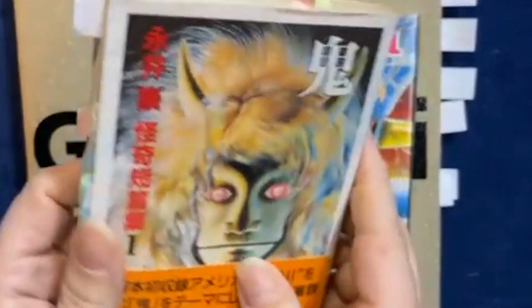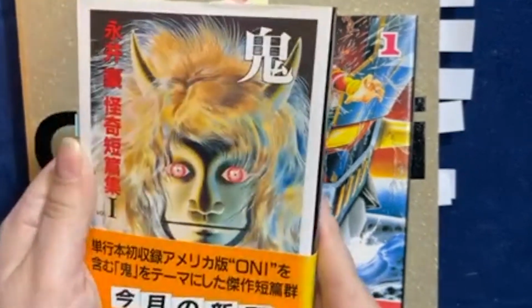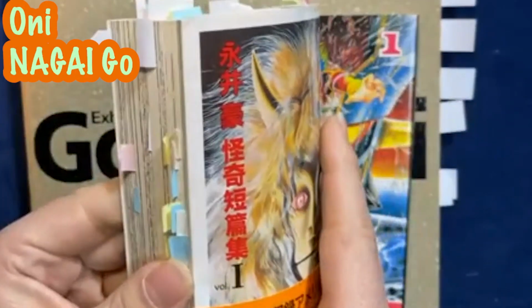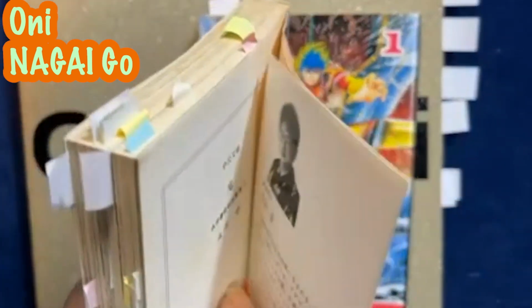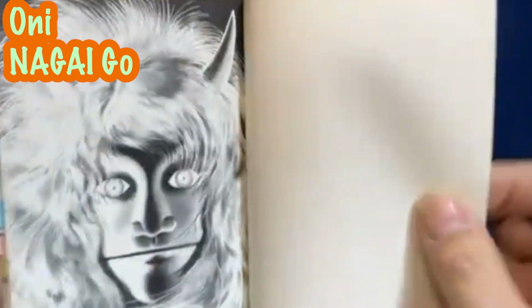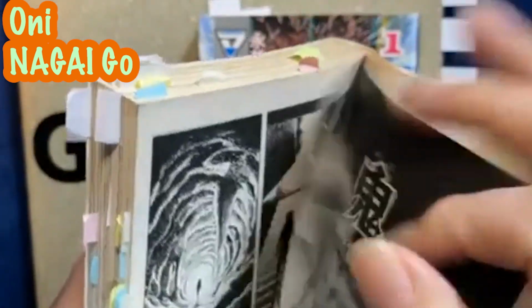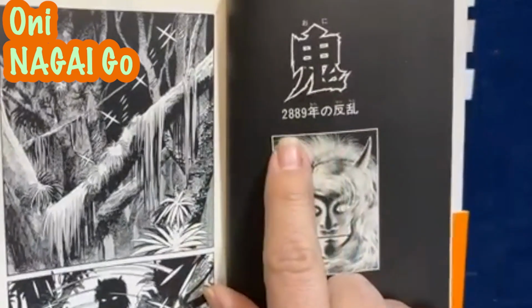Oni. So this is reprinting a lot of his Oni related tales, but not all of them, because you couldn't fit all of them in one book because there's so darn many. But the very first one, and this is the important one, is the first series. He'd been drawing gag comics up until this point, but it's Oni,